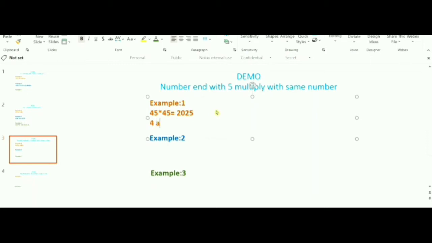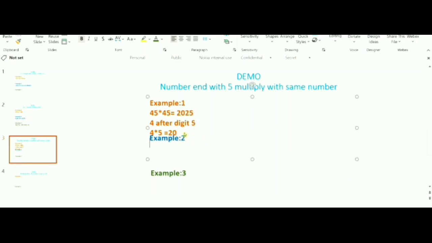4 after digit is 5, right? Then what I did, 4 into 5, that we can easily find out. So it is 20. So after this it is clear. You can see the first two digits are 20. Then 5 is there. So 5 square, I mean 5 into 5. 5 into 5 is 25. That's the answer. Maybe I can give another example so you can easily understand what I mean to say.